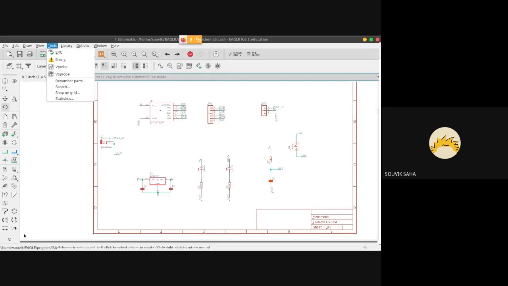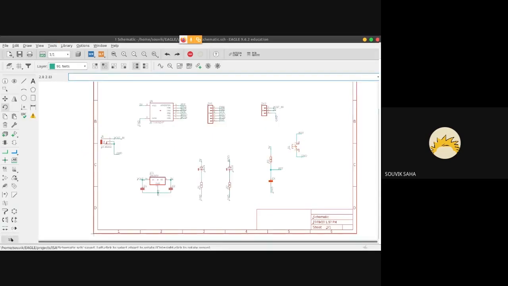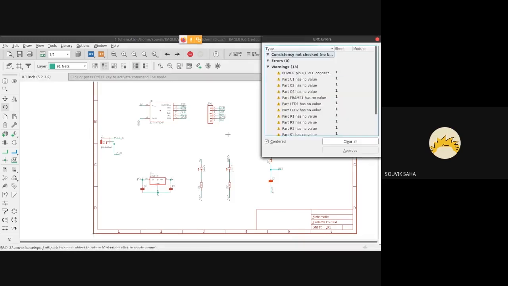Everyone who has completed till this stage, if you haven't, don't worry, take your time. For those who have, there's this option over here. If you click on the down arrow, you'll get this option called ERC, which stands for electrical rules check, or error check. If you click on that, it will tell you all the errors.